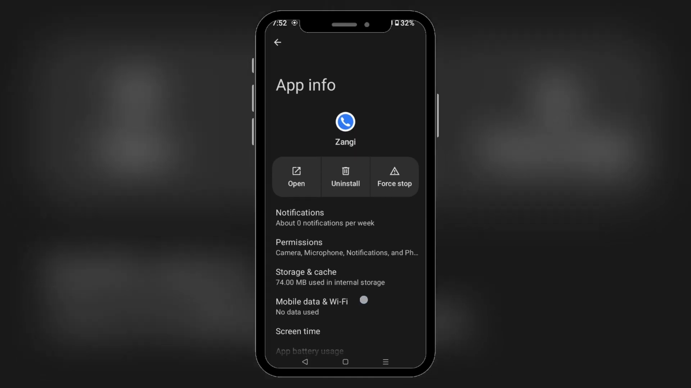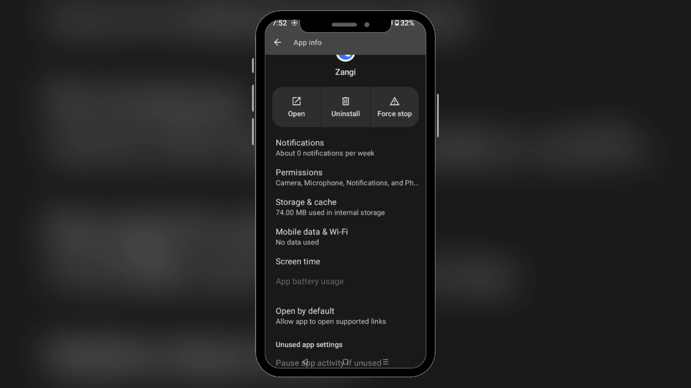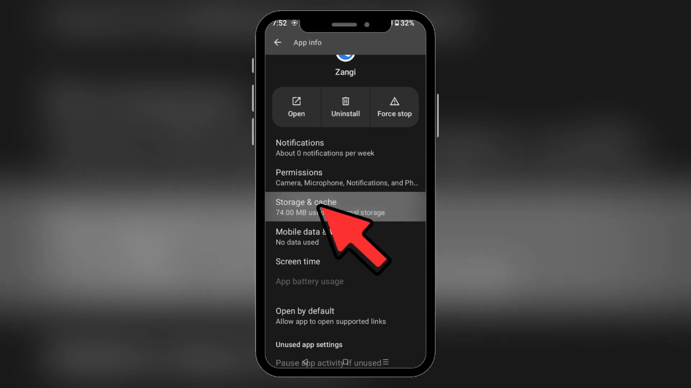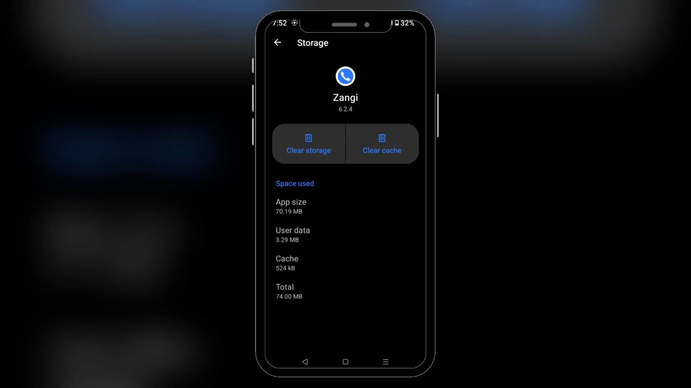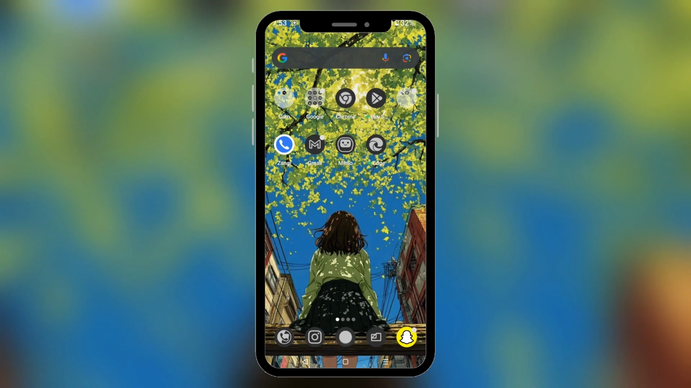Now simply scroll down and there you can see an option called storage and cache. Simply tap on it. And now you will be seeing an option for clear cache, which is right over here. Simply tap on it. And it's been cleared. And as a reminder, clearing the cache won't delete your messages. Now try opening your Zangi once again, and if this is also not working, what you can do is update